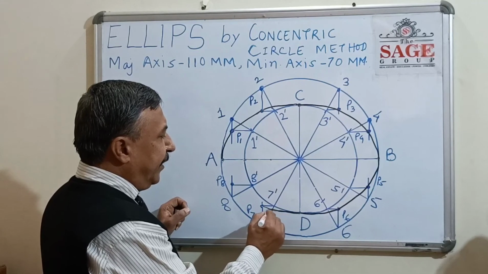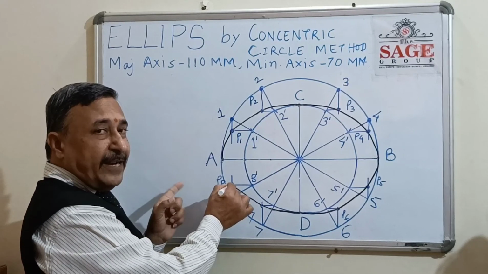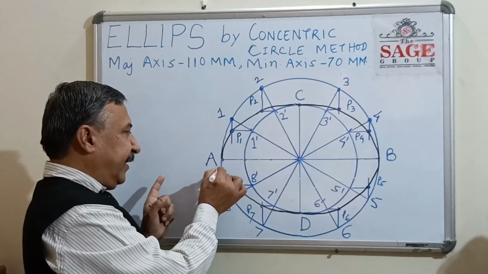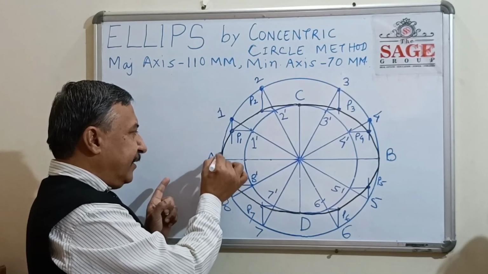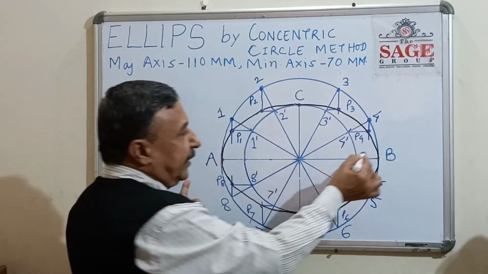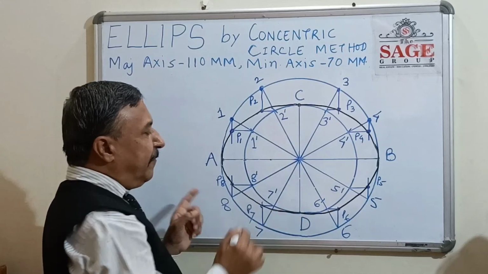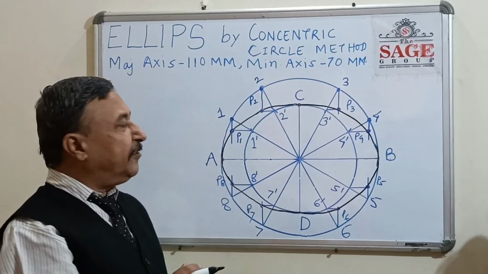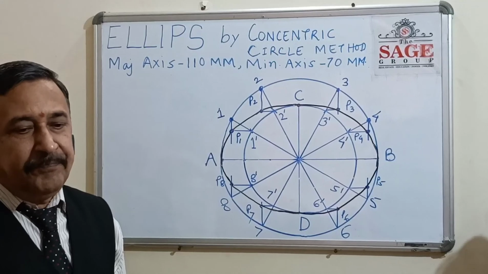Join D to P7, P7 to P8. Now again, at last, see here, I join this point, then go vertical slightly. So at this end we have a smooth curve, and at this end also. The ends come automatically, and you take care of the portion in between. So in this way, we complete this concentric circle method.